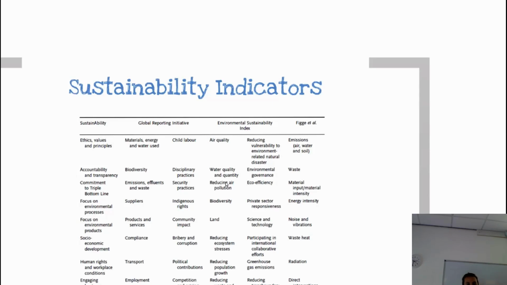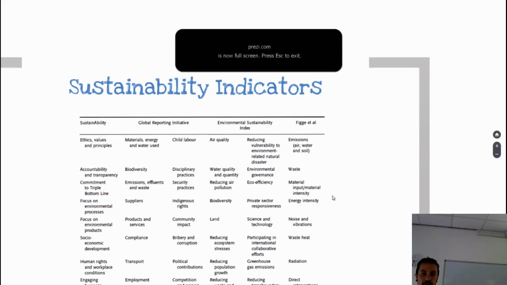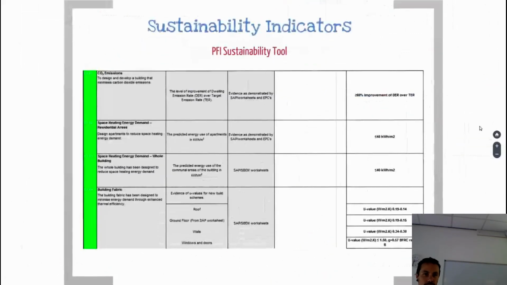You can go out there and find those indicators and use them. So the tool we created for the local authority, if I go back a second to tell you about, here it is, part of it. All we did for this particular tool was go out there, look at all the literature, look at all the best practices from the PMI or from different standards out there, and pull all the best ones together and create a bespoke tool. A relatively simple thing to do.